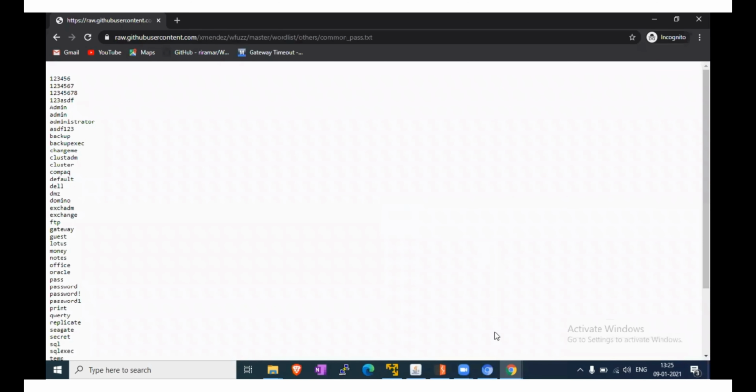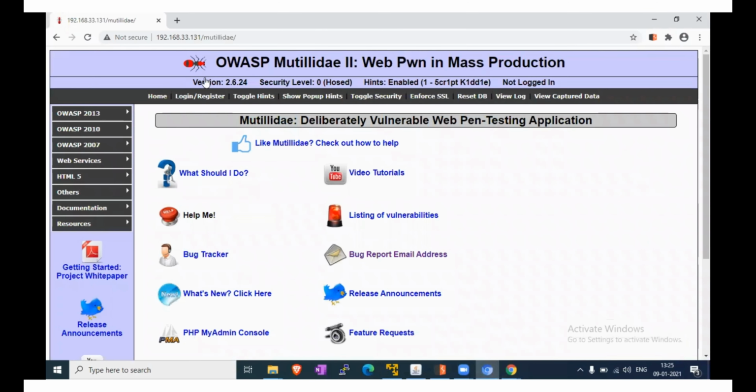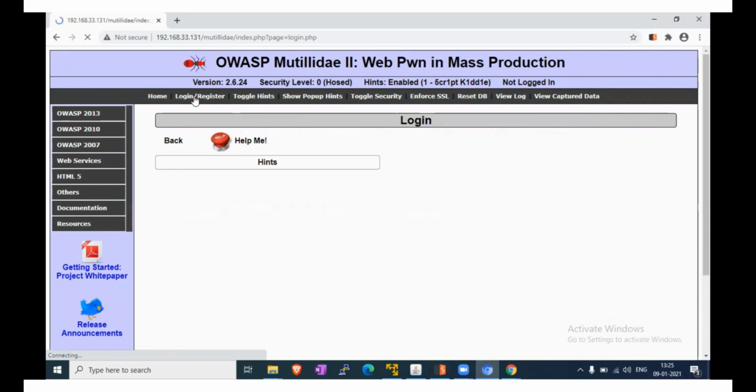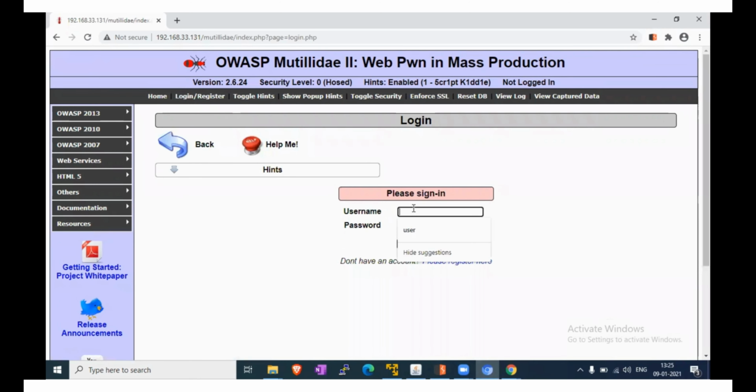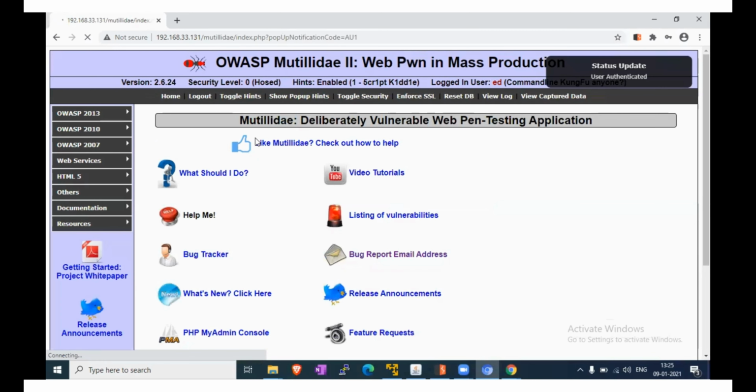Now I'm opening our lab. I'm entering the right password, ed and pen test. Now we are logged in successfully using the AD user.